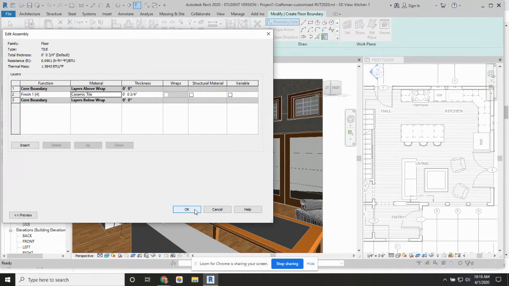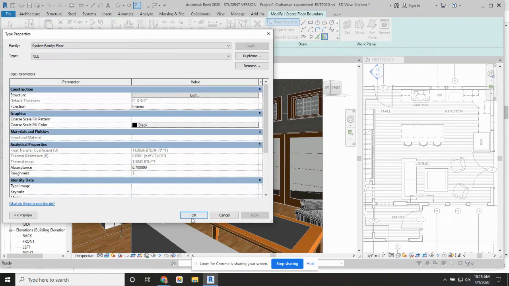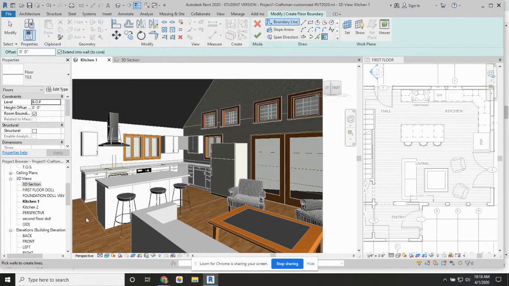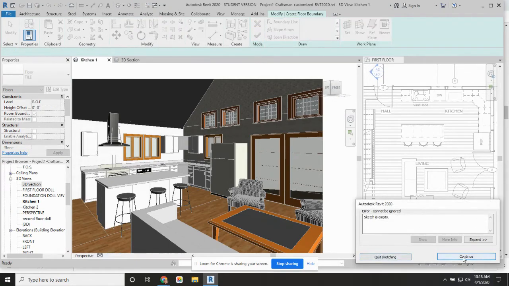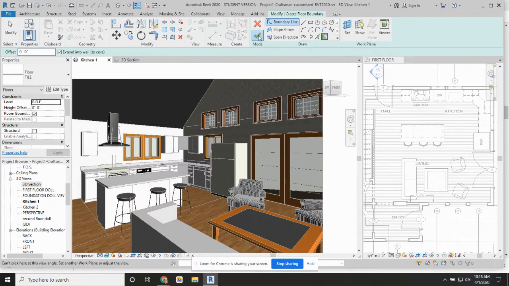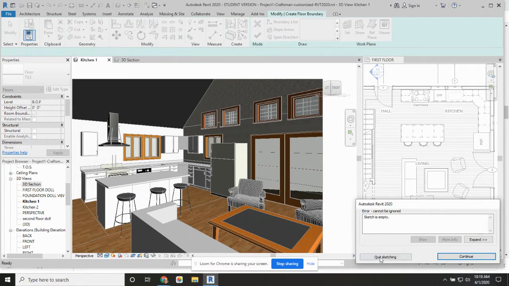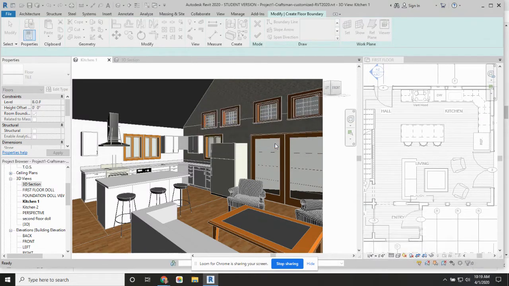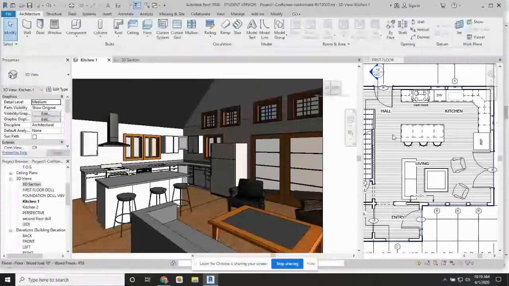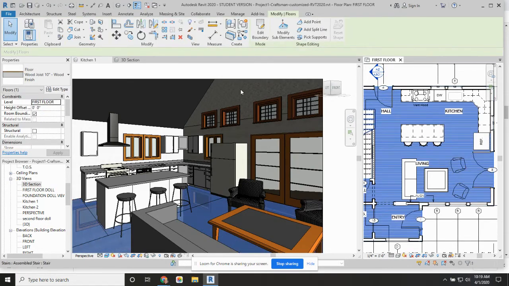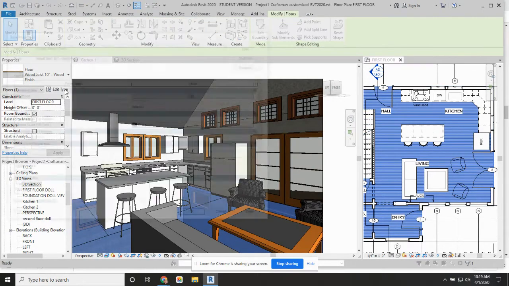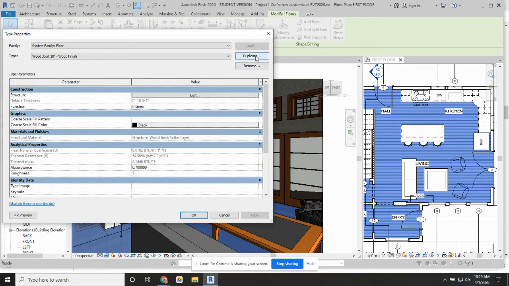So I just create a new floor system and put it on top of the floor, and I can create a new finish for each finish that I have in the space. If you do that, though, you have to take your existing floors. I think I might still be in the, let's see, quit sketching. Okay, you have to be in the existing floors and edit them and get rid of, let's duplicate it and